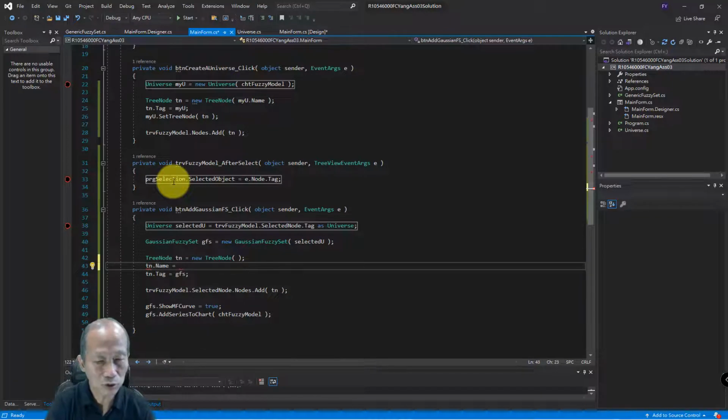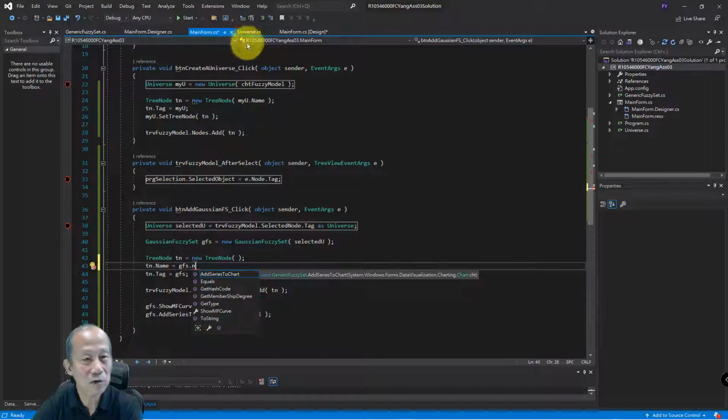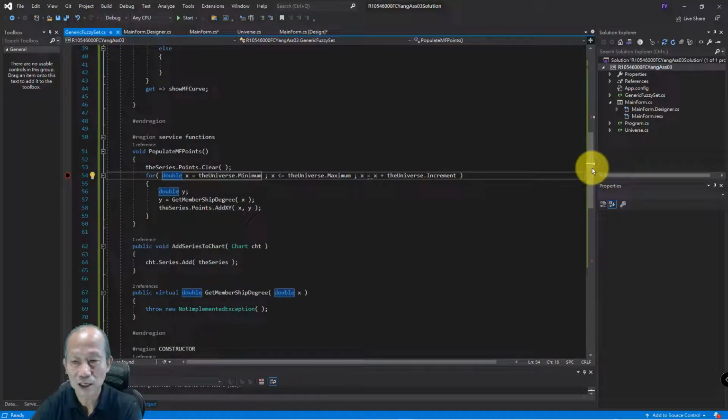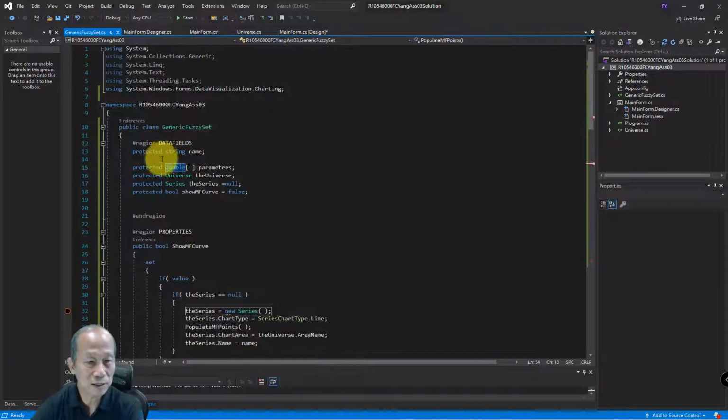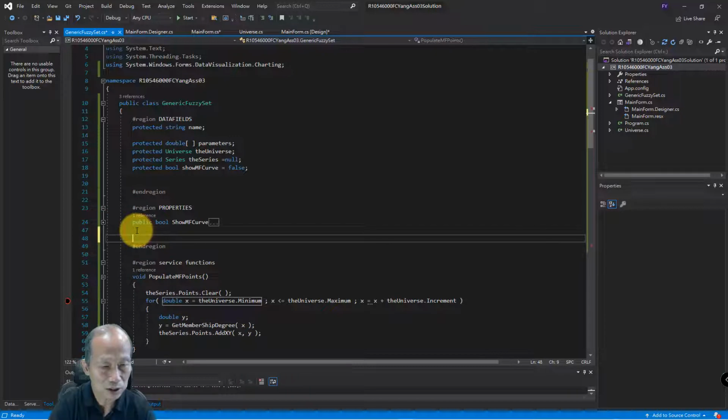Equal what? Equal GFS name. Oh, unfortunately, we did not specify the name property, right? Okay, so we need to go back to our Gaussian Fuzzy set. Back to the generic Gaussian Fuzzy set. So we have the property show curve right here. We add another property, public string